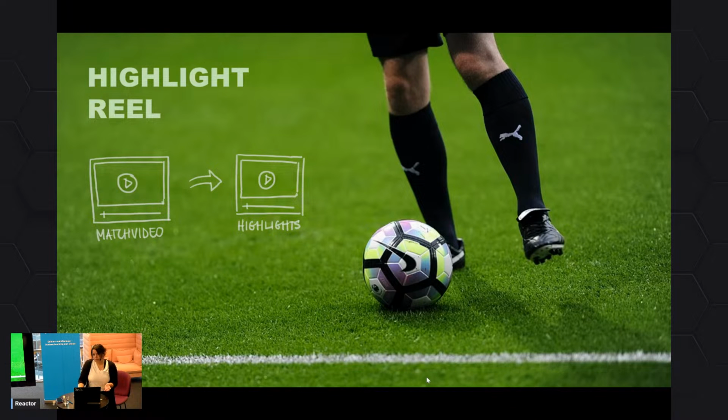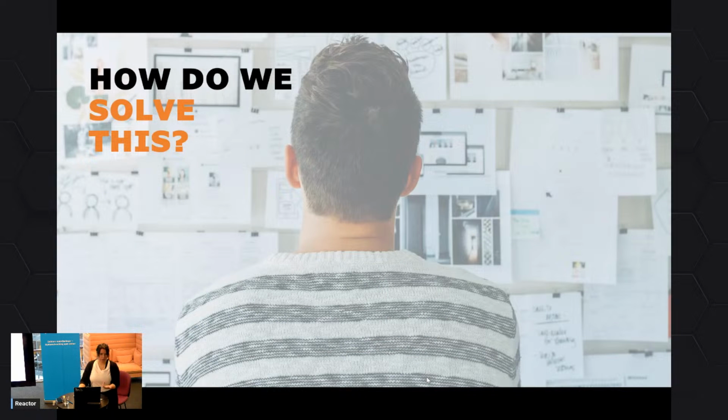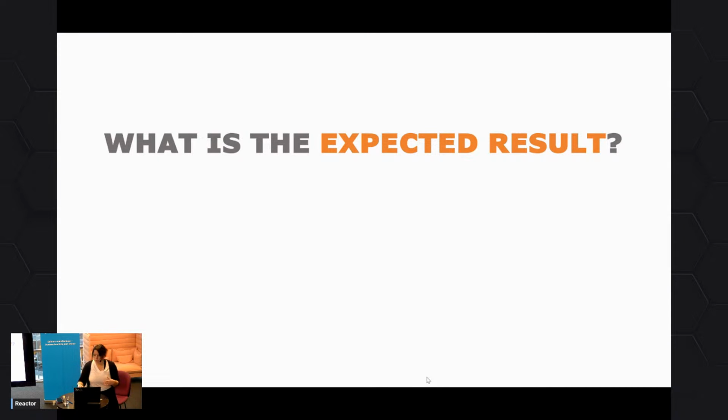But at least to me, when I started with this, it sounded like an insurmountable task. It's very hard to even comprehend how you go about solving something like this. So the way we thought about it was, first we started with the things that you would typically do for any kind of software project and try to figure out what it is that we're actually trying to accomplish, what the model is going to look like, what it's going to predict, and so on.